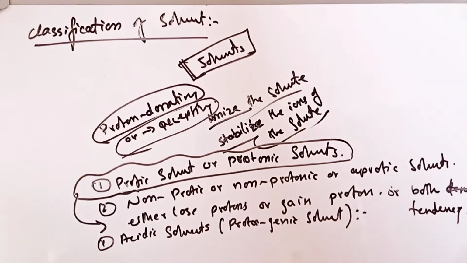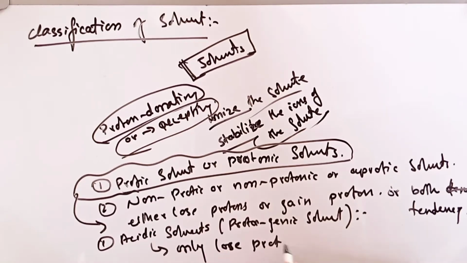So what are protogenic solvents? How can we define them? Protogenic solvents are solvents that can only lose protons. According to the Bronsted-Lowry concept, those species that can donate or lose protons act as acids. So such solvents that can donate or lose protons are called acidic solvents. For example,